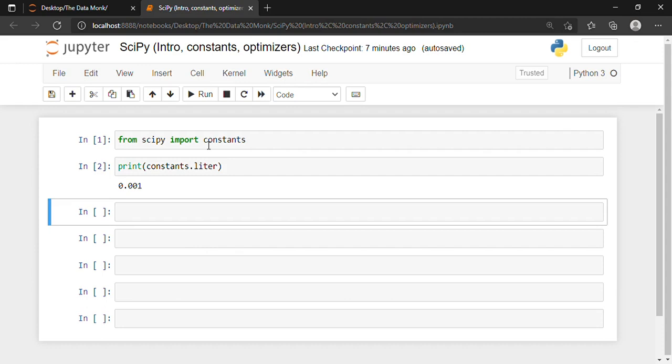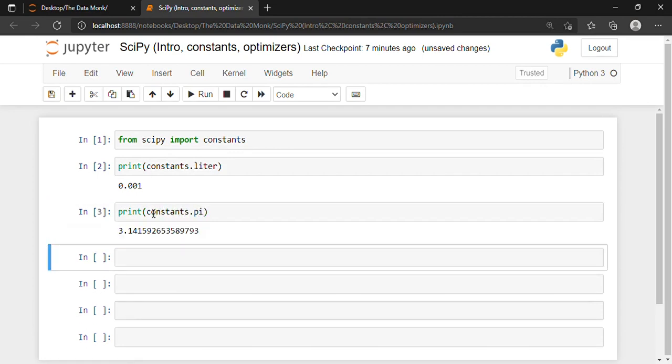If I want to print the value of pi, I can simply write print constants.pi. Shift and enter. The value of pi, as we all know, is 3.14159. We basically use 3.14.